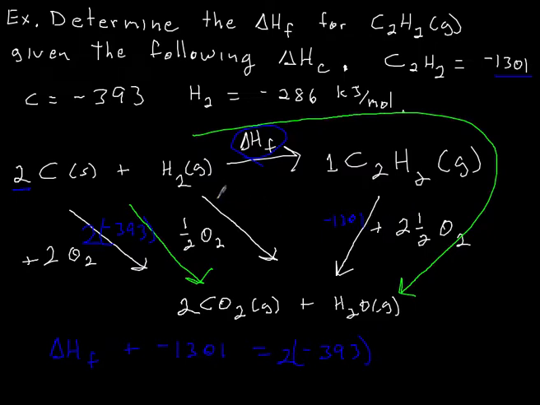We'll just plug our numbers in. This value here from hydrogen is negative 286. And now we're going to add the other half of that pathway, which is we have one hydrogen, so just one of the negative 286s. Add that, and there's your setup. Delta HF plus negative 1301, so this pathway, delta HF plus negative 1301 is equal to the other arrows. 2 times negative 393 plus negative 286. And that will get you a delta HF equal to, I'm sorry, positive 229